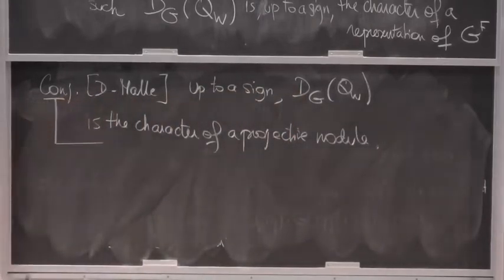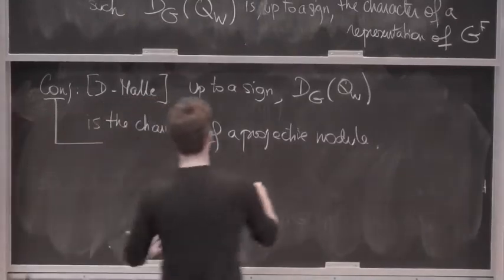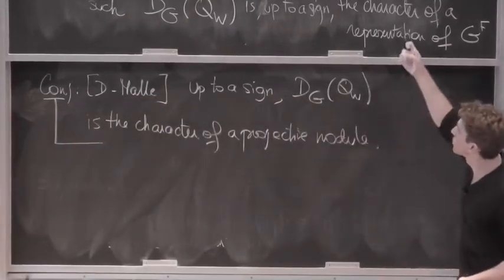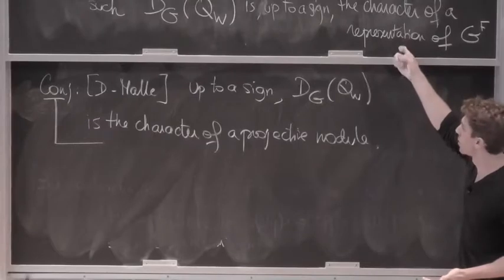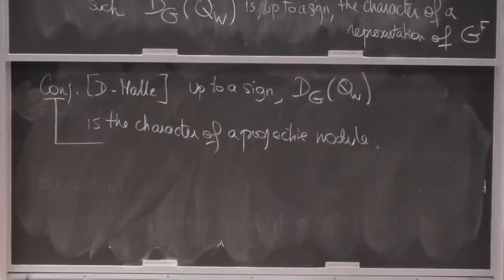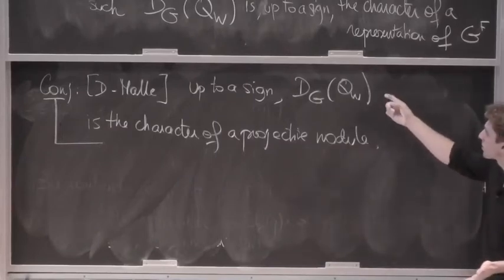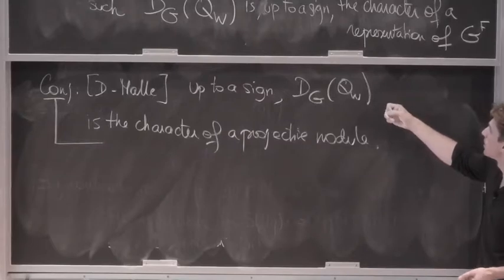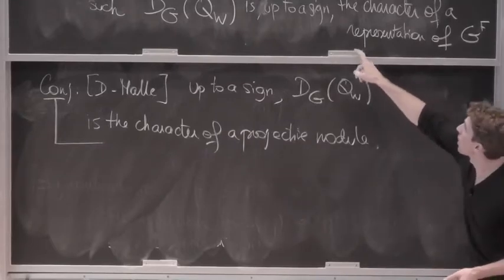Okay, and as I said, it's not because it's a positive combination of characteristic zero characters that it will be a positive combination of characters of projective modules. So there is really something more that you have to prove. I mean, you cannot deduce that conjecture just from Lusztig's result. So one difficult part, one ingredient for proving that conjecture, is that you have these three